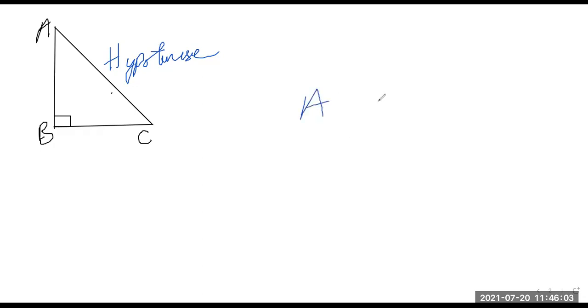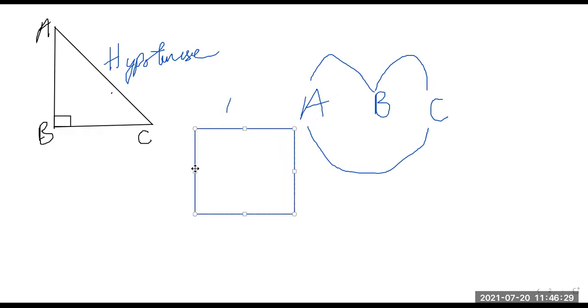Like A is a friend, B is a friend, and C is the third friend. A B का एक group बना सकते हो, B C का एक group, and then A C. इस तरह के तीन groups आप बना सकते हैं. That's the only possibility. But if I ask you to place them in first floor and second floor, जैसे कोई building है, a two-story building, कितने प्रकार में इनको arrange कर सकते हैं? In how many ways we can arrange them?